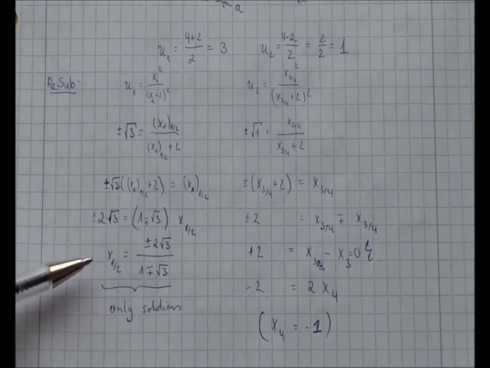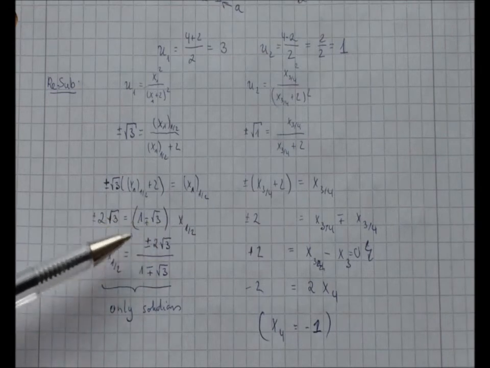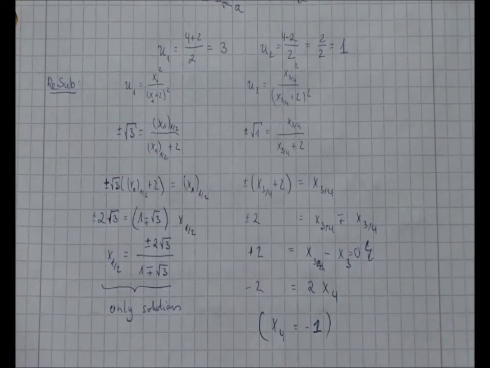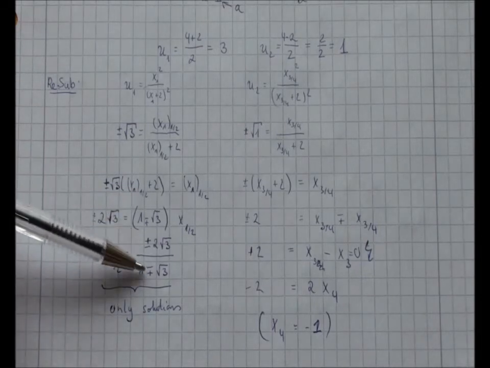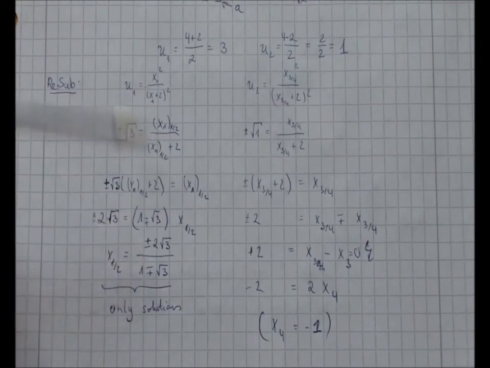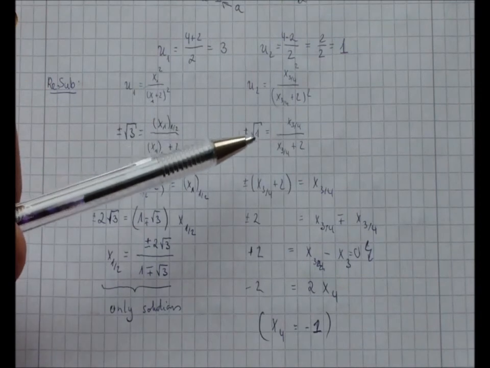Now this is just divide with this, and you get two solutions actually. So plus minus 2 times square root of 3 over 1 minus plus square root of 3. So if you take the plus solution, if you take the plus here, you have to take the minus here. If you take the minus, you have to take the plus. On the right hand side, it's almost the